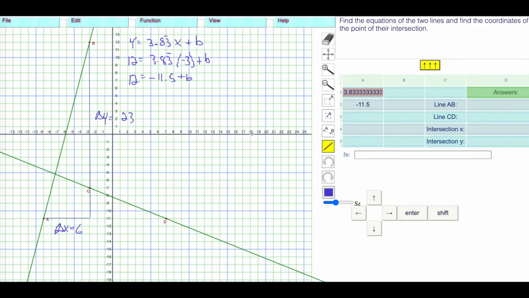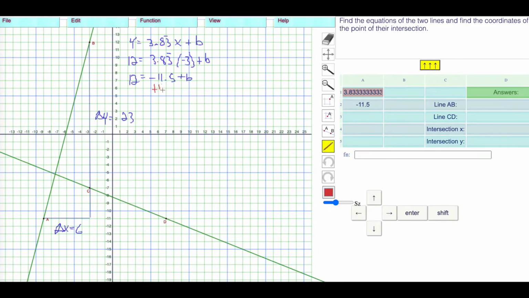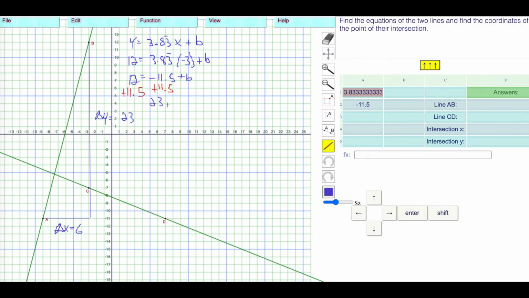And I want to get rid of the -11.5, so I'm going to add 11.5 to both sides. That is going to give us 12 plus 11.5, so 23.5. And let's see if that makes sense for our b. Yeah, 23.5 does make sense. 23.5 is equal to b. And I'm going to write that right here under the b, 23.5. The final equation is y equals 3.83 repeating 1, 2, 3, 4,